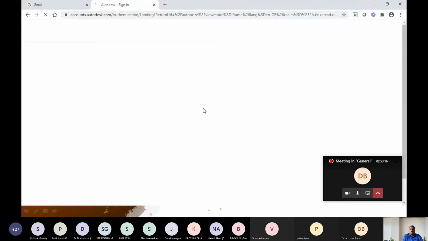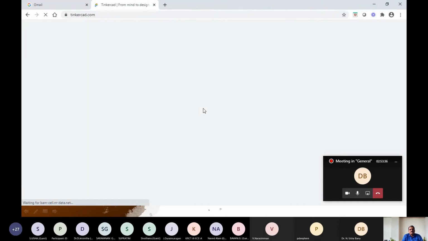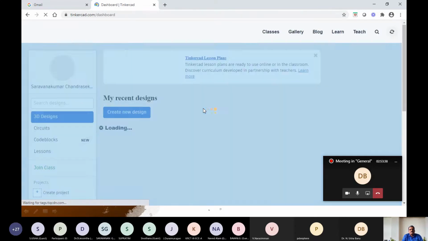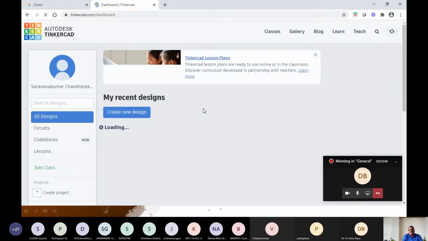It will take some 2 or 3 seconds to log in to our account. So I have selected the Google account. Okay, so it is logged in to my account.